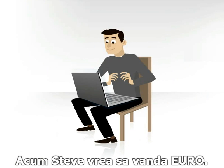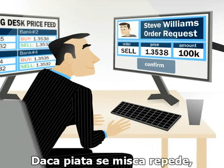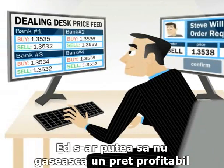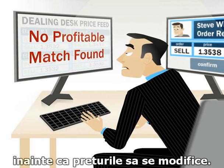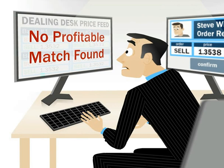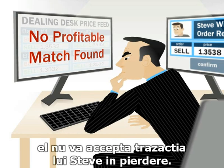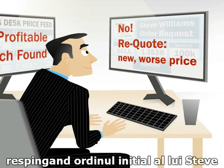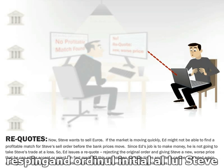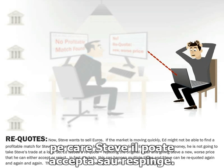Now, Steve wants to sell euros. If the market is moving quickly, Ed might not be able to find a profitable match for Steve's order before the bank prices move. Since Ed's job is to make money, he is not going to take Steve's trade at a loss. So, Ed issues a requote, rejecting the original order and giving Steve a new, worse price that he can either